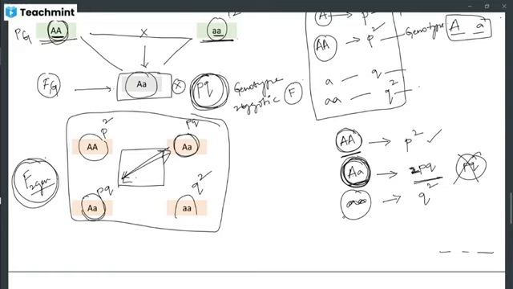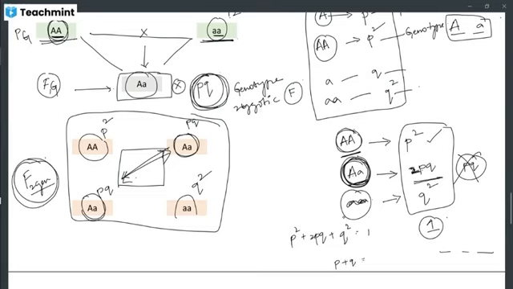And then the homozygous recessive will be Q square. So everything when summed up will be equal to 1, right? So P square plus 2PQ plus Q square is equal to 1, and P plus Q is equal to 1. Okay, so even if you allow this F2 generation for random mating,